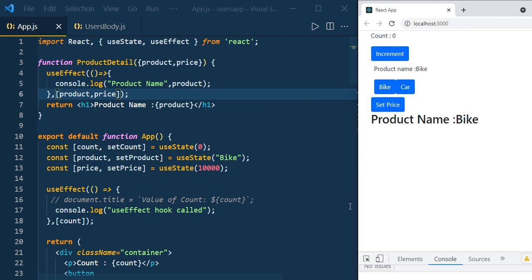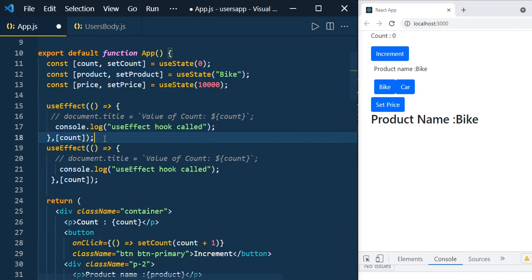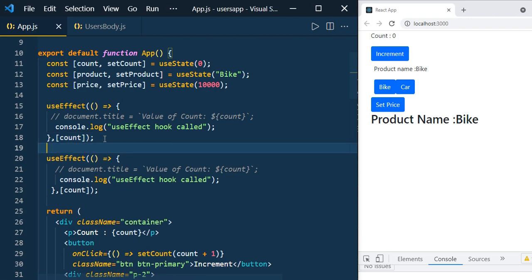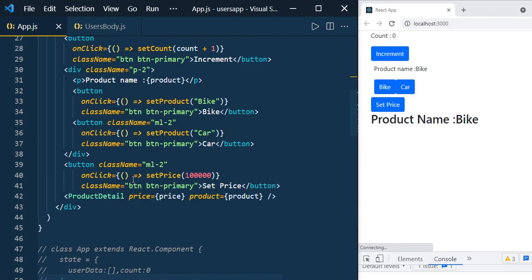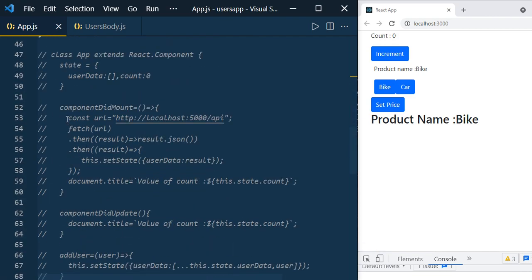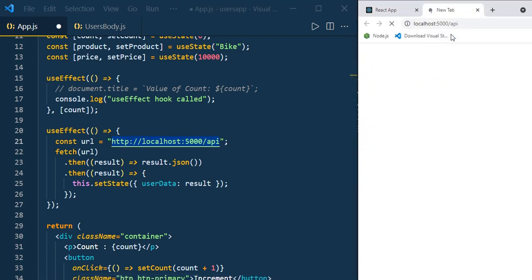Now let us see how to use the use effect to fetch the data from the service. I am going to add one more use effect. We know that we can add any number of React hooks in a functional component, but we need to mention them at the top level, and they execute in order. Just remove this array of dependencies, and here I am going to use the code we already have. So I have the Node.js application up and running, and when you go and hit this URL, we are going to get the data. Just hit it.